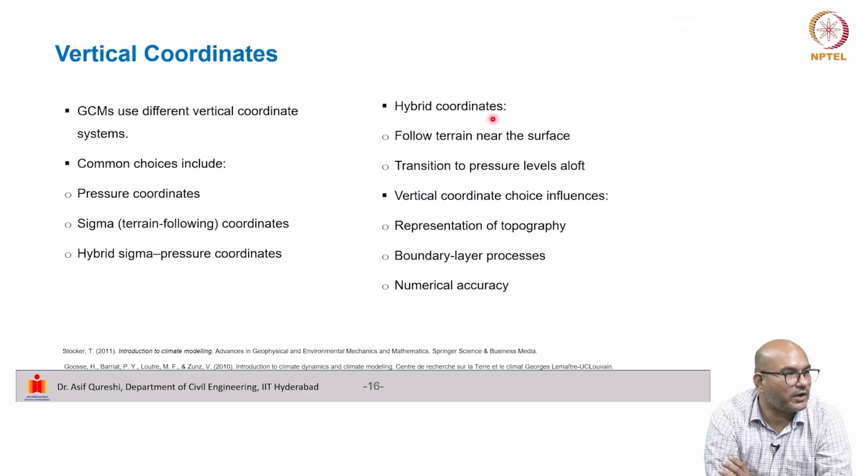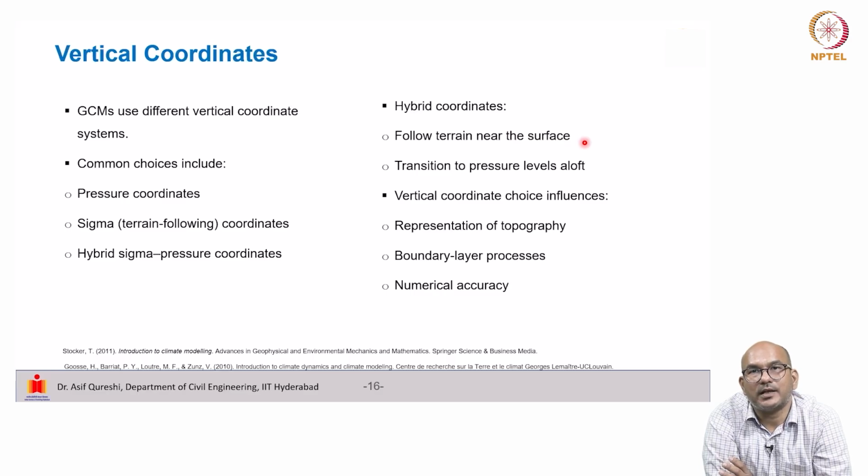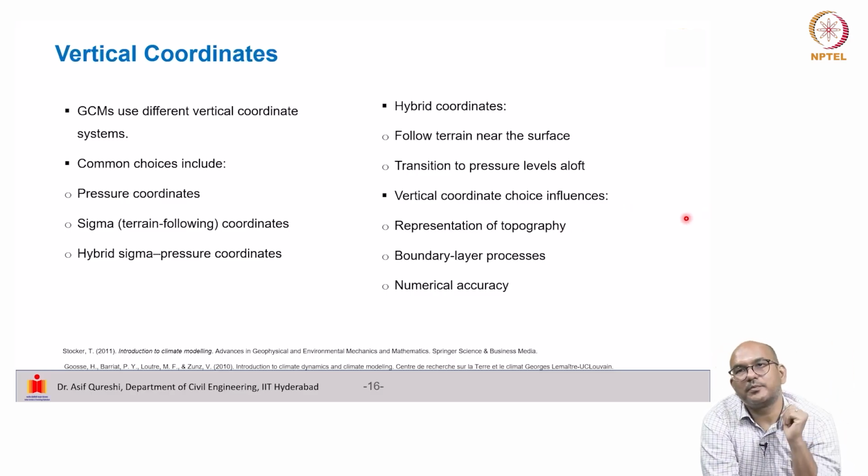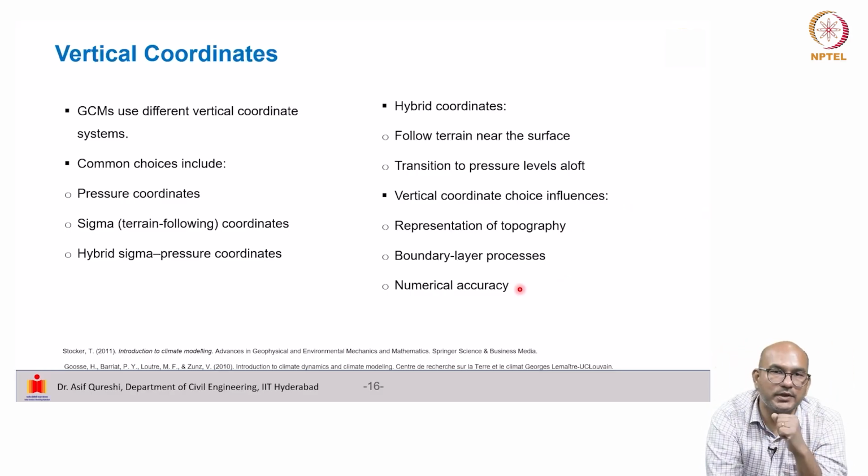The hybrid coordinates may follow the terrain near the surface, and transition to pressure levels aloft. In general, the vertical coordinate choice will influence the representation of the topography, the boundary layer processes, and also the numerical